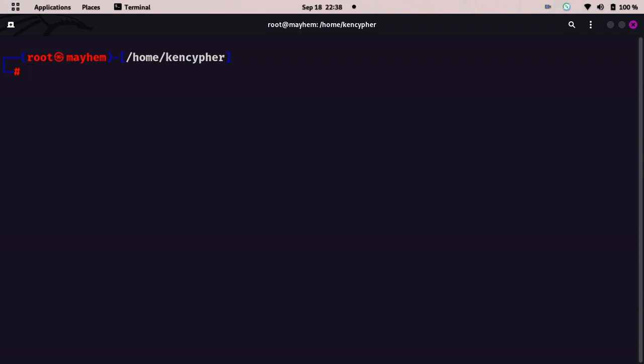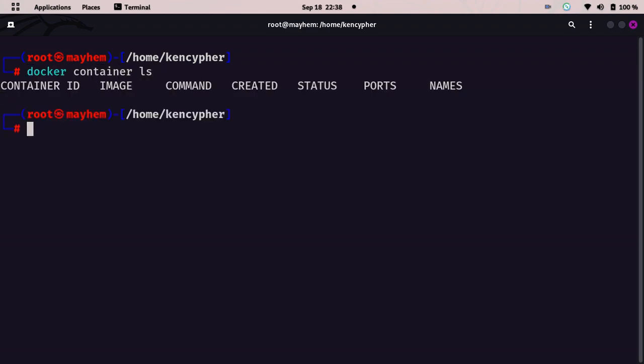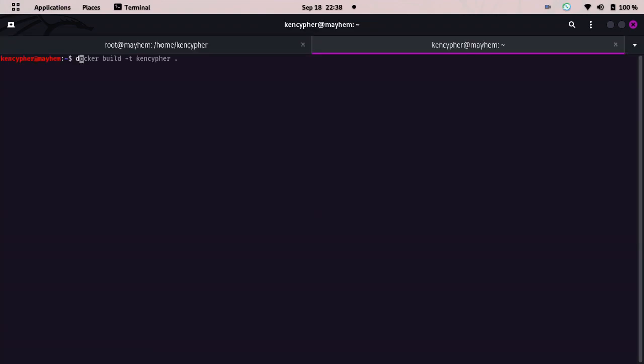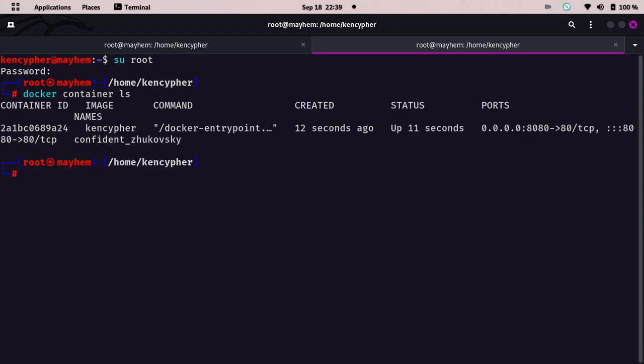So now let's say docker container ls. Okay, we have no running container for now, but let's run that again. Let's run our website again, and now let's check. Okay, I have to zoom in a little. Now let's go into the root. Docker container ls. Okay, now we have a running container,